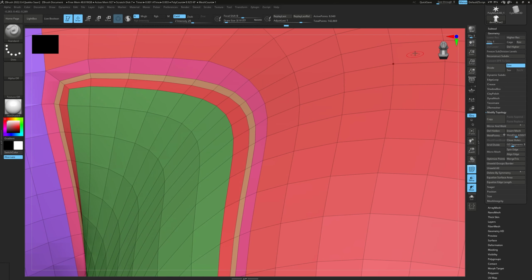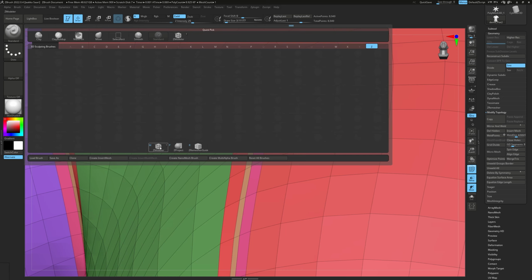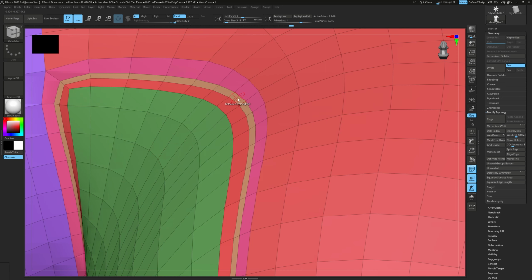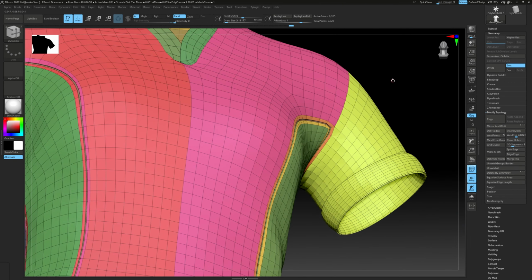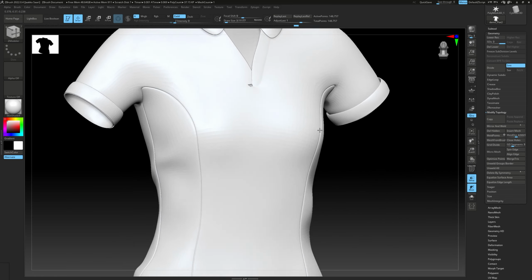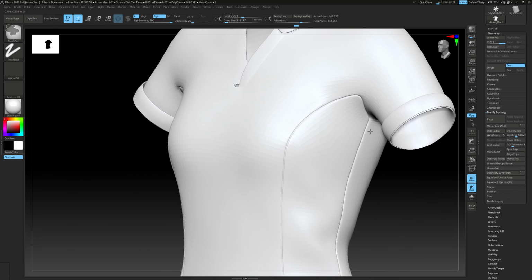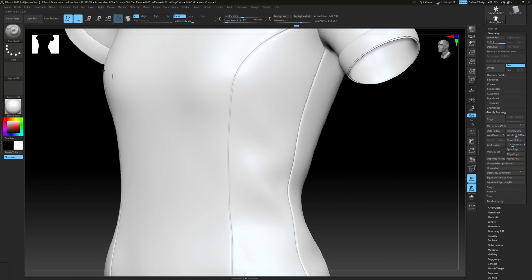So what we can do, maybe I can delete the higher and go to seam modeler, and I'm gonna extrude polygroup all. So now we get it back where it was, and then like so. So now we have this. So what we can do is just the usual type of